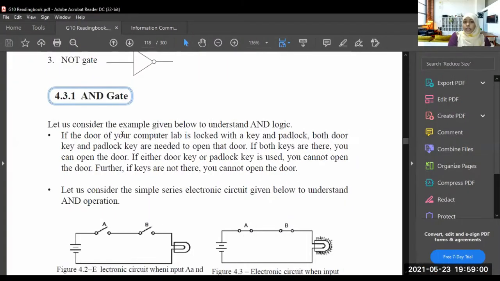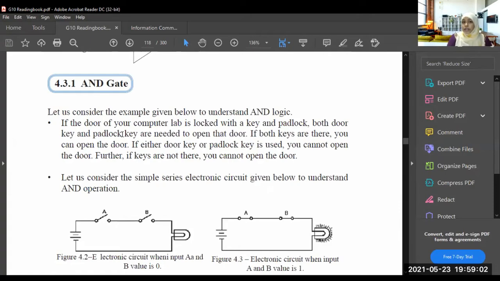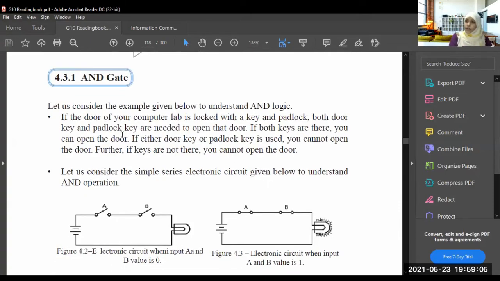Let us consider the example given below to understand the AND gate. We'll go with the AND gate first. If the door of your computer lab is locked with a key and a padlock, so the door is closed with a key and padlock,